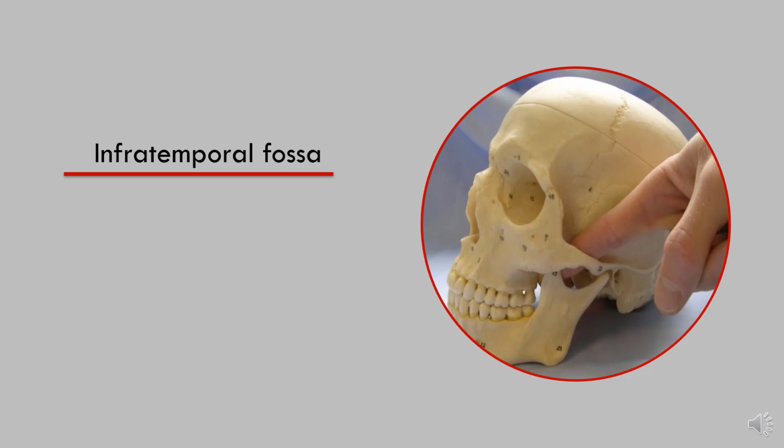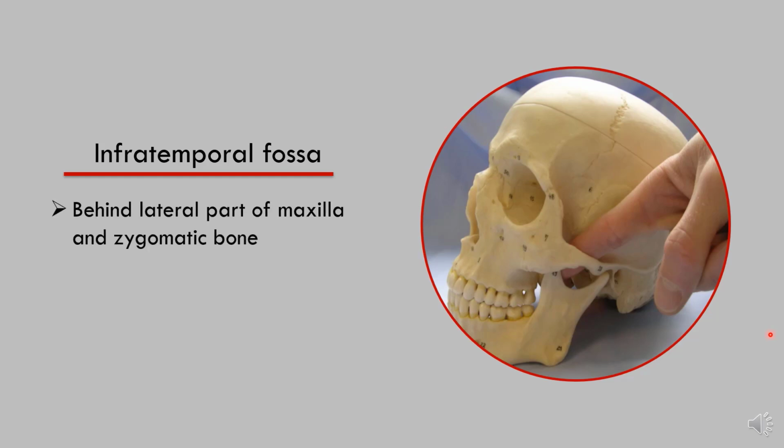There is one more fossa known as the infratemporal fossa. In this picture, the tip of the finger which is probed is in the infratemporal fossa. This is also known as the infratemporal region. This region is behind the lateral part of the maxilla and zygomatic bone. It is medial to the ramus of the mandible and medial to the zygomatic arch,